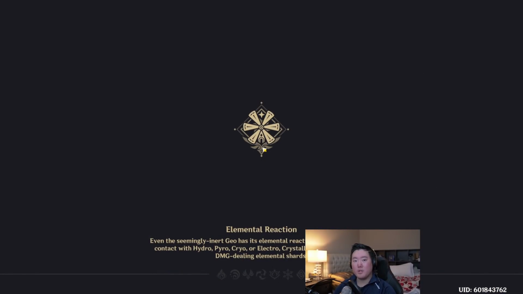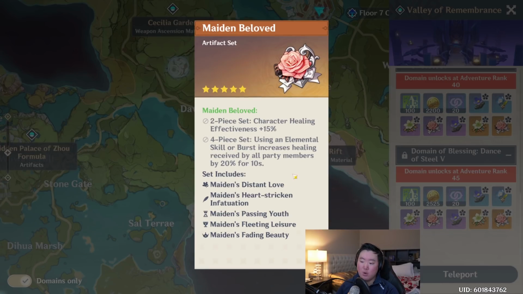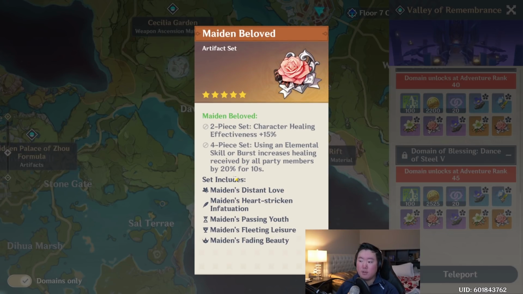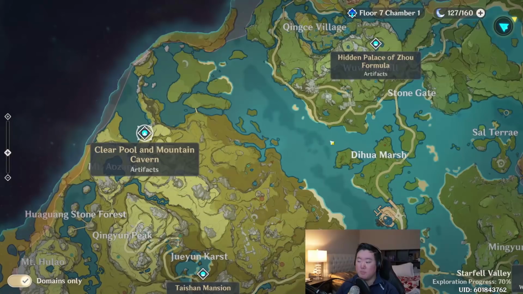So let's go onwards with her artifact sets. Now, of course, being a healer, I think Diona can benefit from the Maiden Beloved set. It's a no brainer, it just buffs your healing even more. However, if you feel like you are overhealing in most cases, and either you outscale the content or you are just getting unnecessary amounts of healing, I think an alternative could be